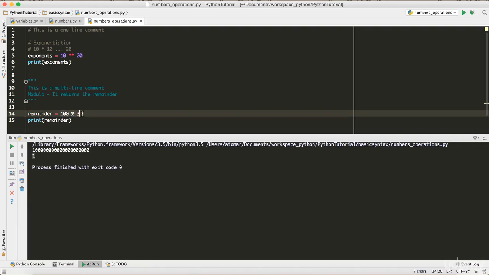Because 99 is completely divisible by 3, and when we divide 100 by 3, it gives the remainder as 1, because 99 is divided 33 times. 33 into 3 is 99, and 3 into 34 becomes 102. So 100 is not divisible by 3, so it leaves a remainder, and that remainder is 1.